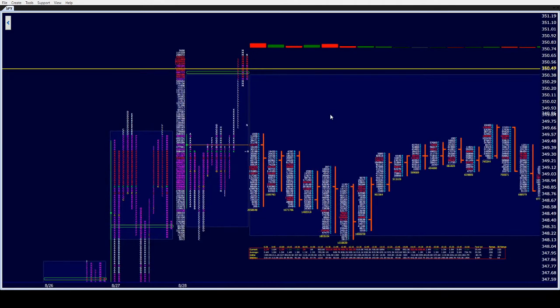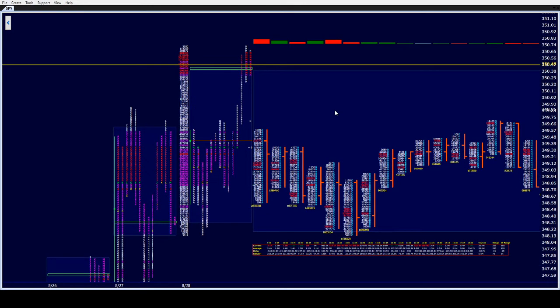Okay, so let's get to what happened today. So again, we open in balance in value, and for most of the day we trade all of M period. We know how important M period is the following day. Well, basically, we traded it. We lifted our head above it in G and H, came back into it, and then once again, the outliers.